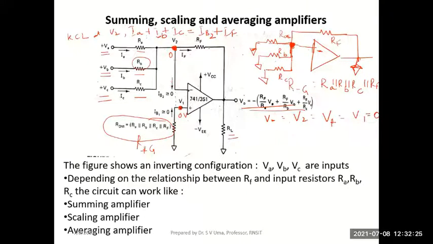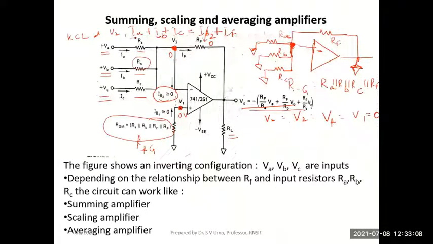But we clearly know an op-amp has very high input impedance here. The Rin or Ri which we have is very high. So I can practically assume that the current going into an op-amp is always very small. I can make this current approximated to 0. So IB2 is the current which is trying to enter into the op-amp. Because the op-amp internal impedance is very high, we can assume the current going in that resistance is almost 0. So what am I left with? I am left with IA plus IB plus IC is equal to IF.